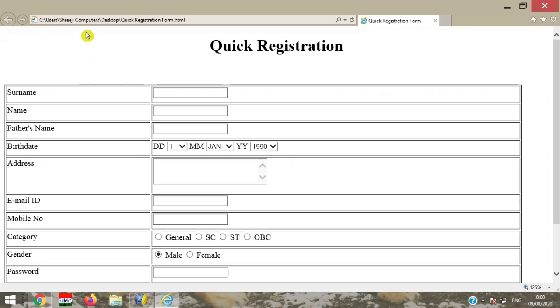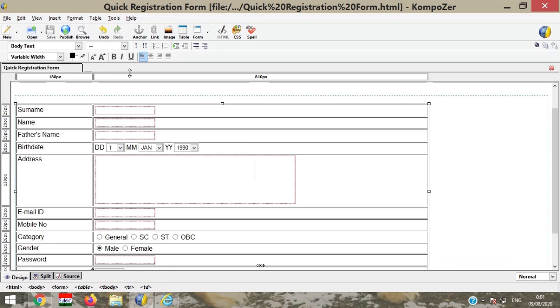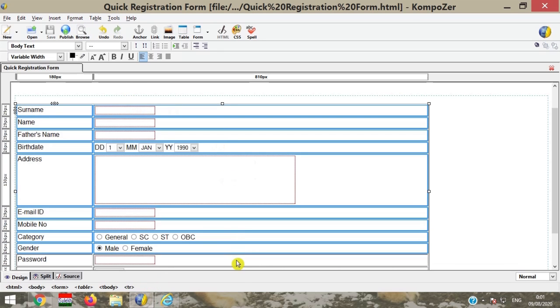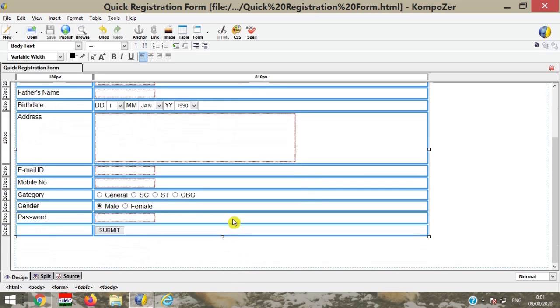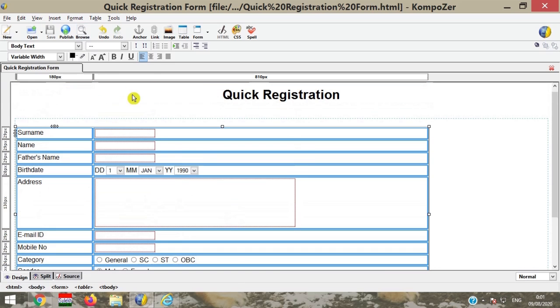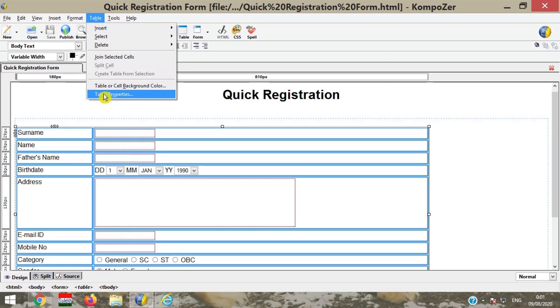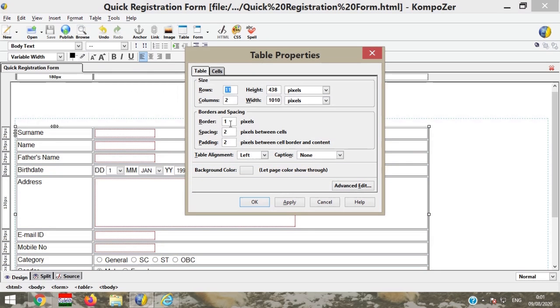This is the output, but I am not happy with this output, so it is time to decorate the table. Select the table and remove all the borders from the table. So go to the table menu, table properties, and here table value, border value 0.